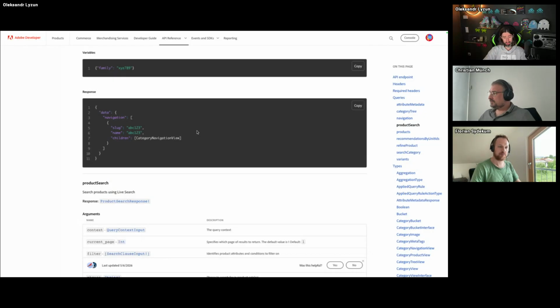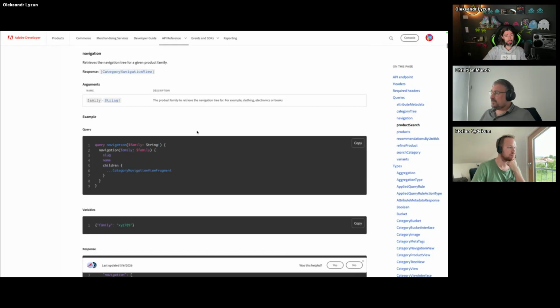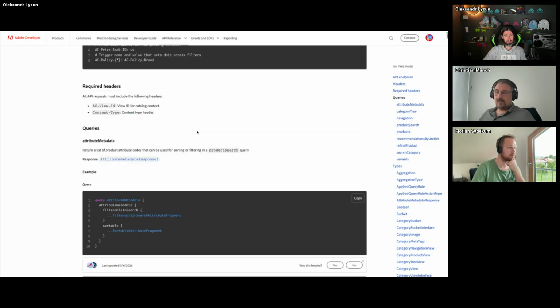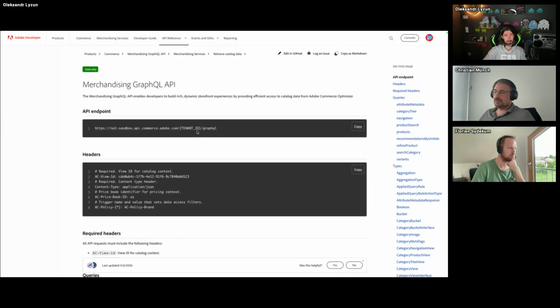What I want to show today is one of the integrations, how to use the prices which Christian just sent to the Adobe Commerce Optimizer, displayed on your Adobe Commerce storefront, which in its initial setup has nothing to do with Adobe Commerce Optimizer itself. For that, I will use Adobe App Builder, what Florian talked about before in his demo, and then Adobe API Mesh, which allows us to build this integration, or basically modify all the APIs on the fly, to be able to see the result of our work.